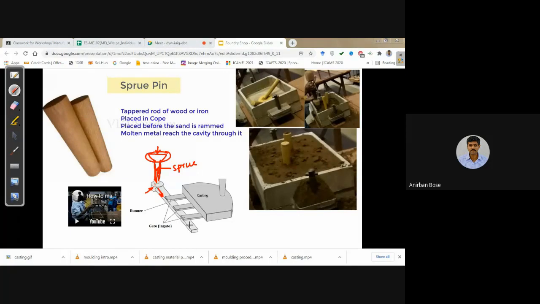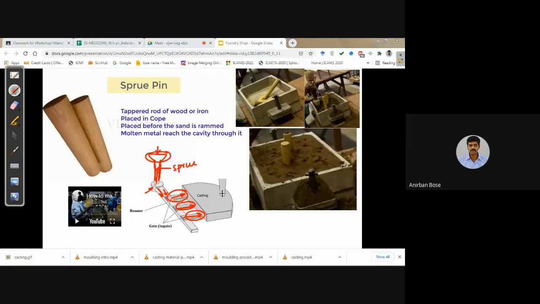This common passage through which the molten metal flows is called the runner. Finally, from the runner, there may be multiple gates through which it goes to the mold cavity. These are called the gates.